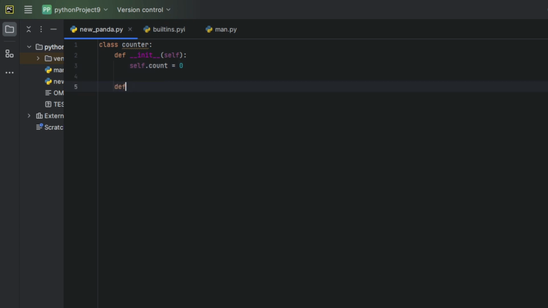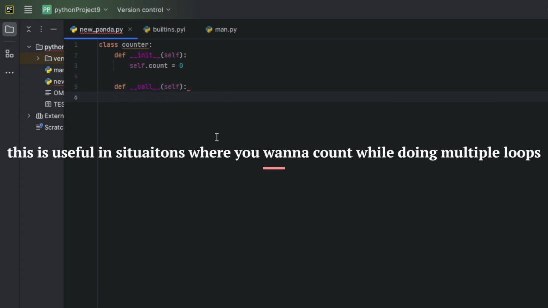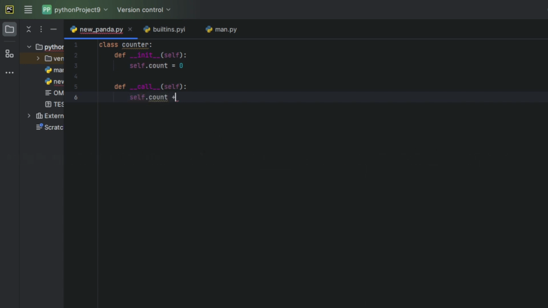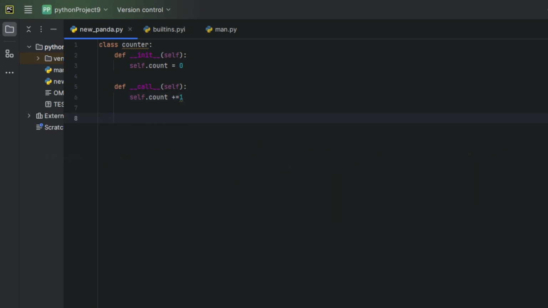And now like always, our call function. We don't need arguments in this one. If we are calling our counter as a function, we'll just increase its count by 1, and if we are creating a counter like timer equals counter,